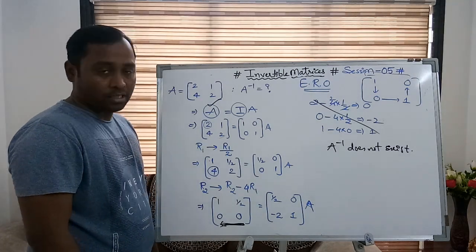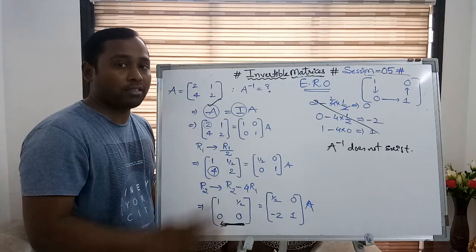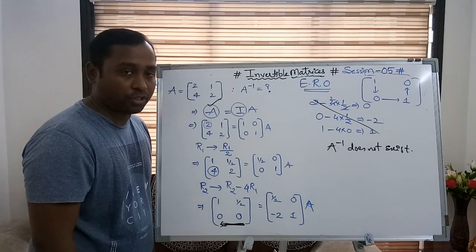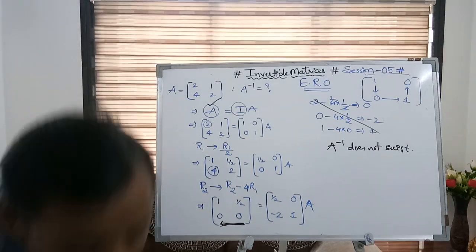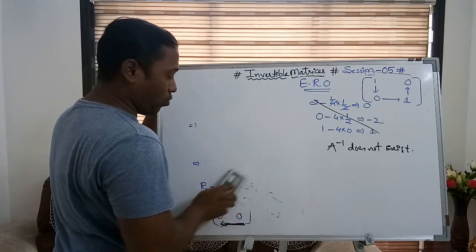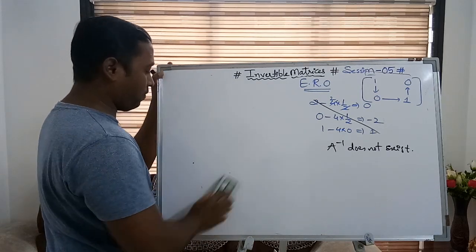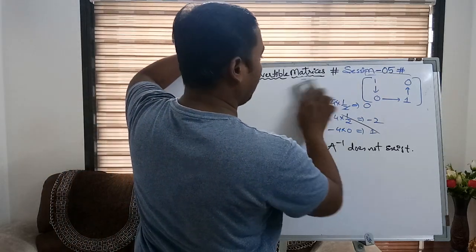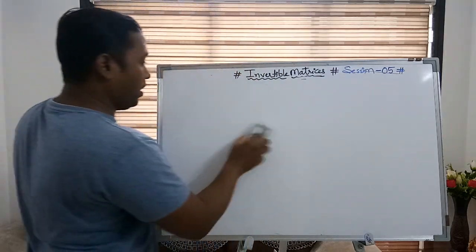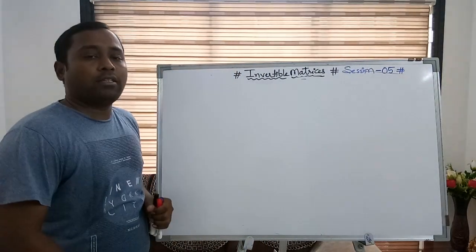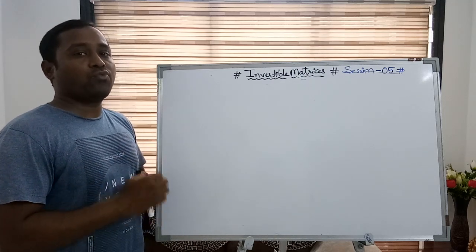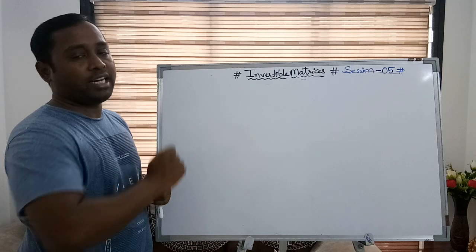Now I am taking the last question for this session: a 3 by 3 square matrix, to find the A inverse with the help of row operations again. So we have understood how to apply the row operation, and we are going to use the same technique for 3 by 3. As you know, in a 3 by 3 square matrix there are 9 elements, meaning 9 row operations will be applied to get its inverse.